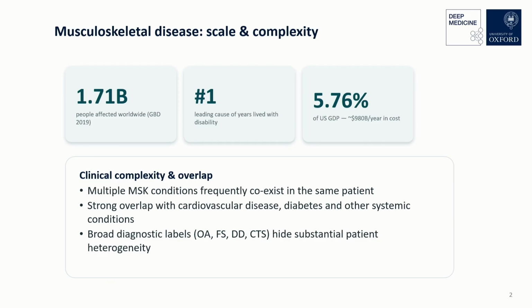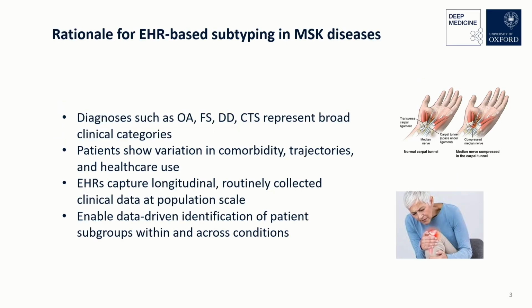And the research problem is the heterogeneity. Conditions actually overlap with each other, and also overlap with other conditions such as cardiovascular disease, diabetes, and others. So if we give broad labels such as frozen shoulder or Dupuytren's, they actually contain very different patient profiles. This gives us the intuition to look at electronic health records data to do subtyping work